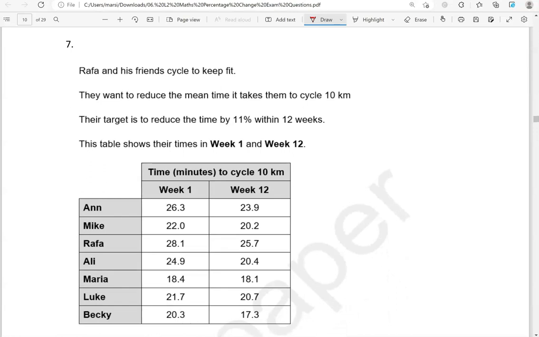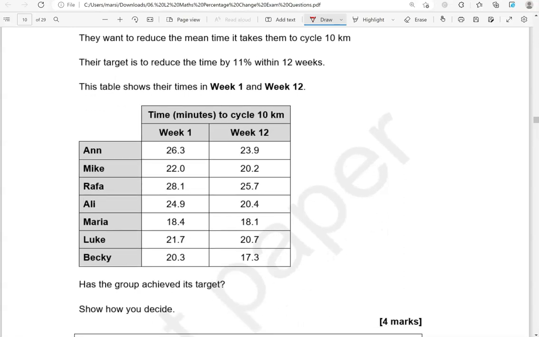Rafa and his friends cycle to keep fit. They want to reduce the mean time it takes them to cycle 10 kilometers. Their target is to reduce the time by 11% within 12 weeks. This table shows their times in week 1 and week 12. Has the group achieved its target? Show how you decide. So let's work out the mean, because the aim was to reduce the mean time